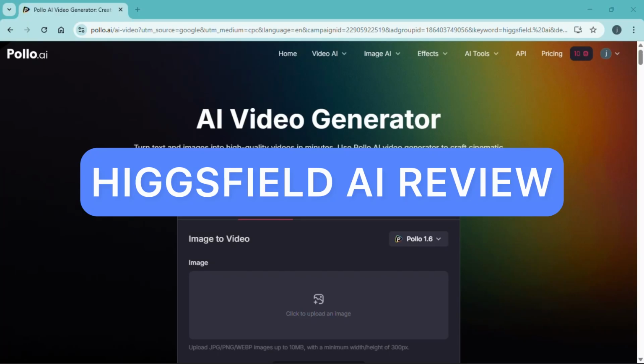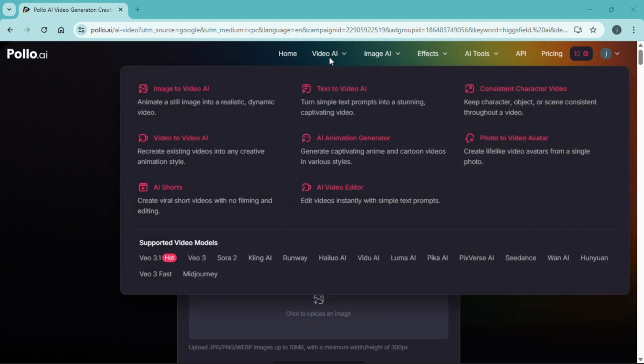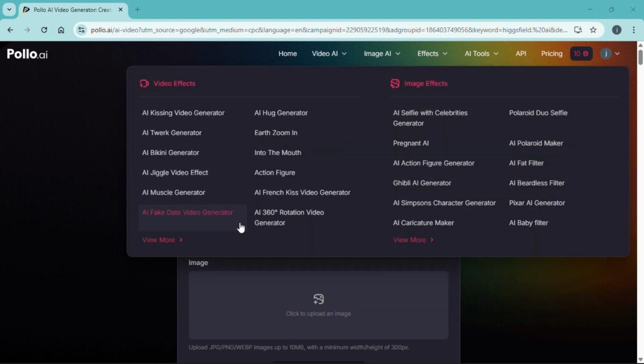Higgsfield AI review. You've been seeing all those ultra-realistic videos popping up online and wondering, how are people making this so easily? Chances are they're using Higgsfield AI. But is it actually as powerful as it looks? Let's find out. Higgsfield AI is a cutting-edge generative video platform that lets you create high-quality, human-like videos just from